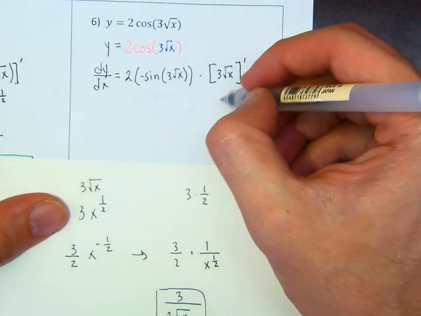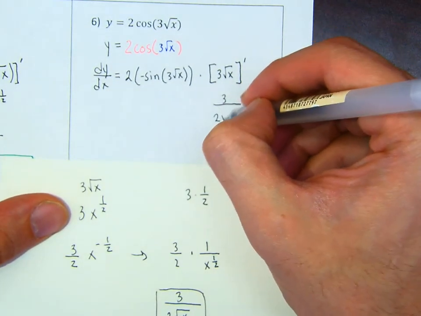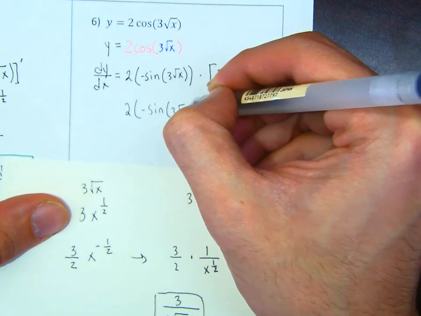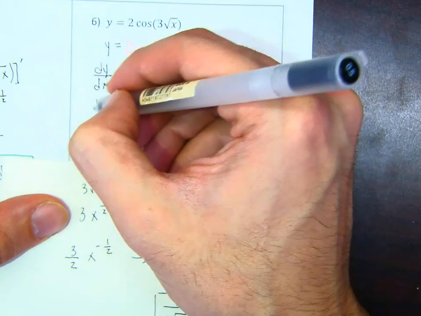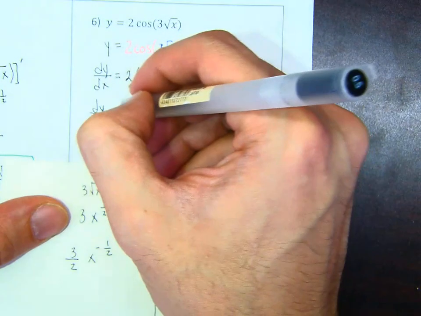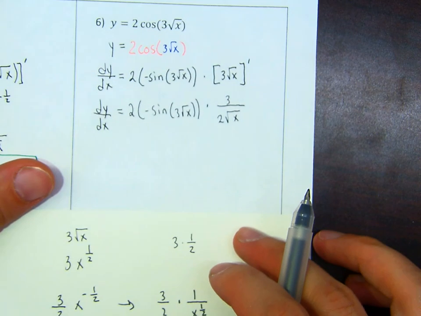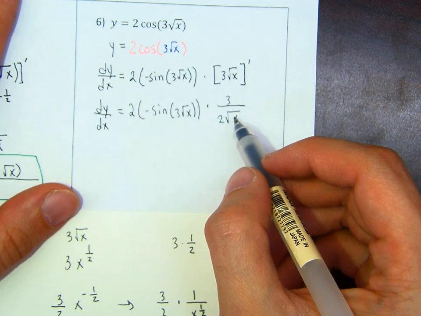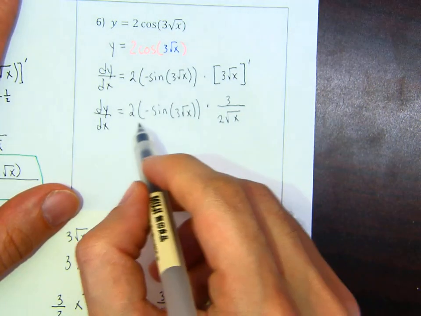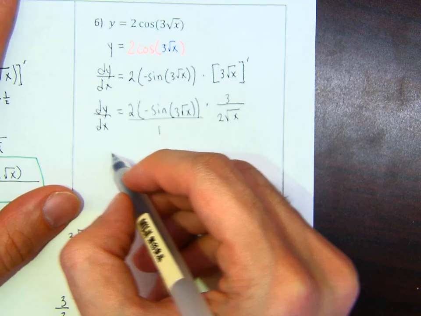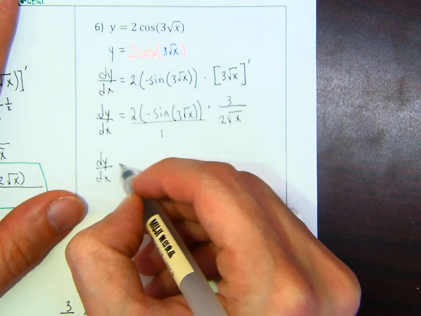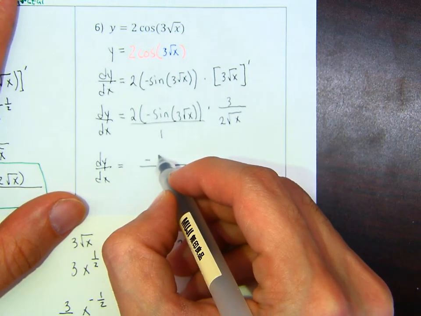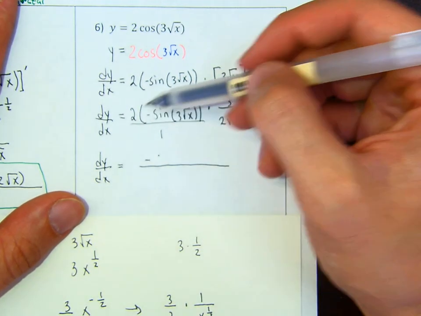Okay, so then this goes here. So then this is 3 over 2 square root x times, okay, now we bring this down, 2 times negative sine 3 radical x. Okay, so this is dy dx. Okie dokie. So then what happens? This is, let's see over here. So then we put this over 1. So then dy dx is equal to, notice that the top becomes negative,